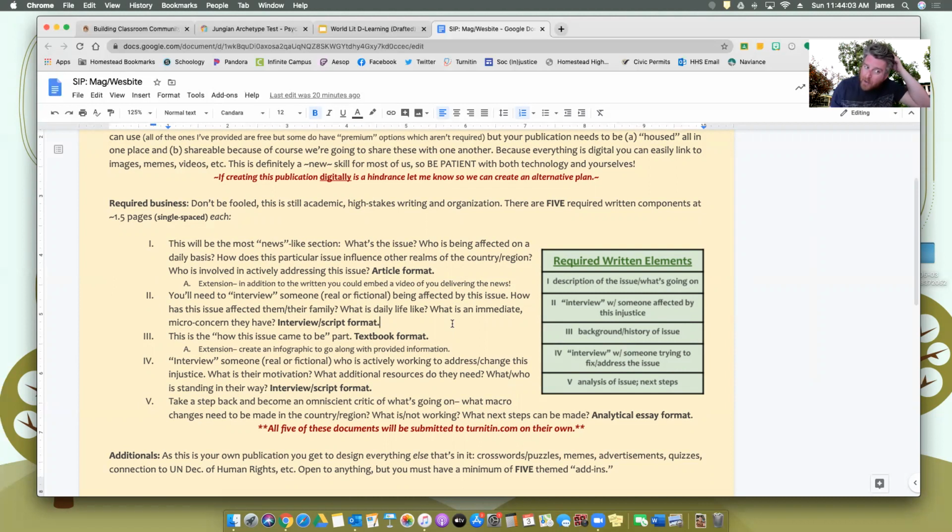What is an immediate micro concern that they have? So we talked about microcosm. Micro concern would just be like a concern to them and their family. And this is going to be in either interview or script format. I'm going to get to formats later, okay? But this is the